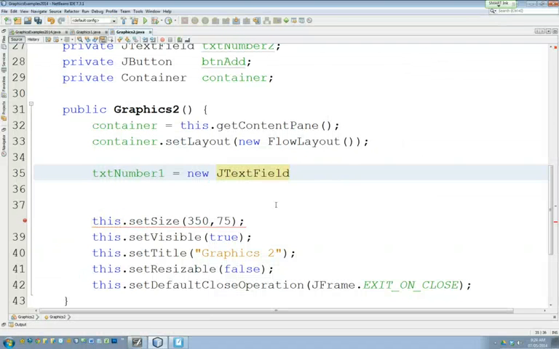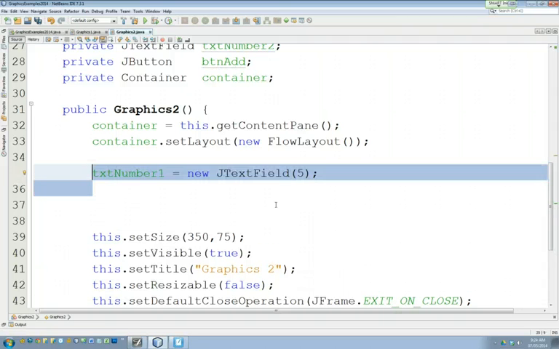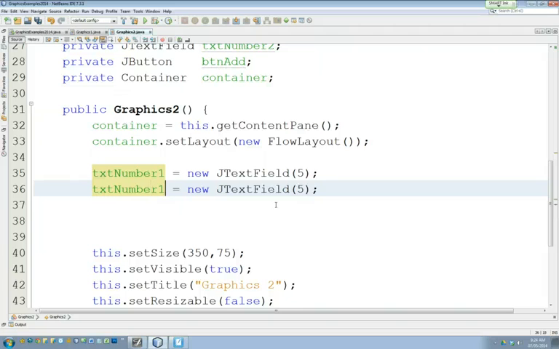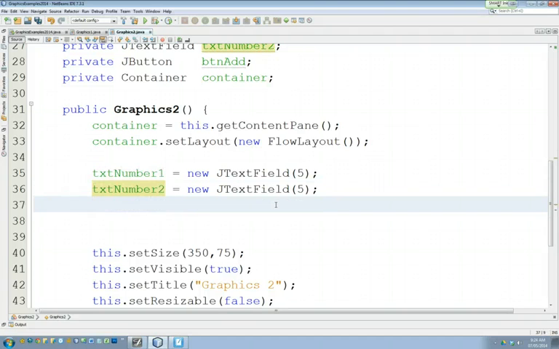In other words, I'm just going to put a 5 in there. Okay, and we'll see what that does. And then go ahead and repeat that for txt number 2, same way. So it'll be a new text field. LBL answer